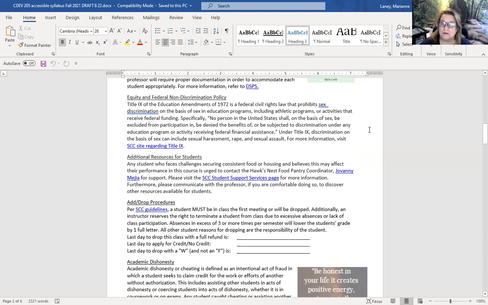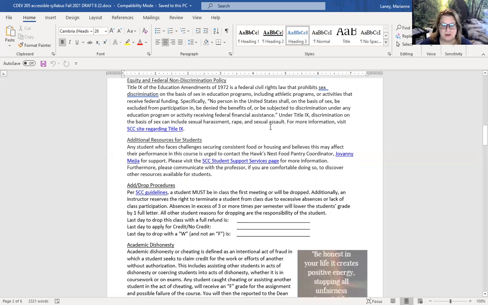Again, all college students, all public school students in the United States are covered under Title IX of the Education Amendment. This means that things need to be equal. So if you are being mistreated in any way, even at home, even as an online student, you need to reach out. I'm here for you. We'll help you get the support that you need. And again, as a college student, you are very well protected.